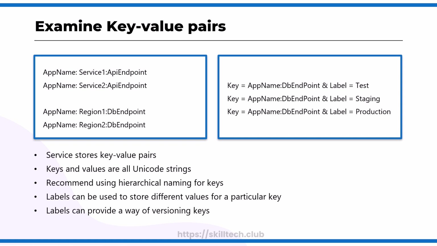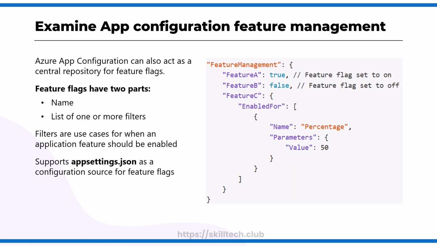By default, the label for the key values is either empty or null. You can see the example in this box where we have keys like app name, and then we also have a label associated with that where we are specifying the stages like test, staging, or production. Let's understand what a feature flag is first, because in this configuration right now we have feature flags,